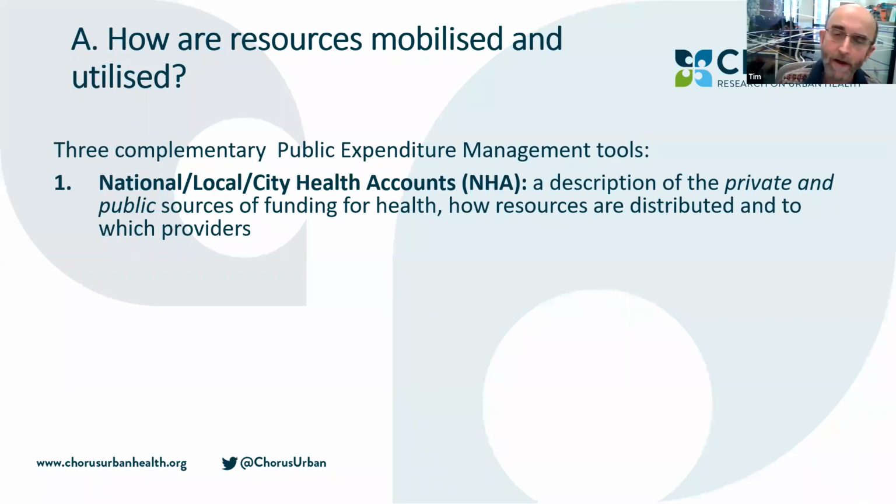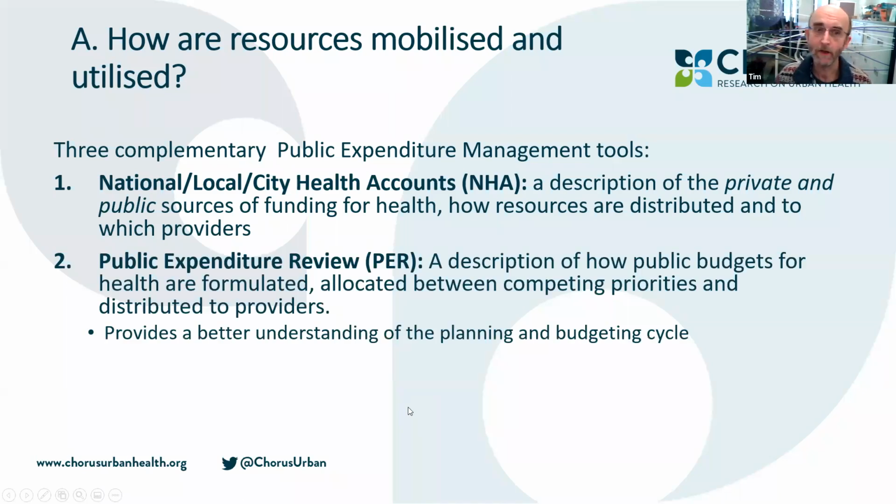I found, and I think we found in Chorus, that the national health accounts can be a useful general typology for understanding what's going on in the public and private sector. So outside of looking only at expenditures, it can be a good way to understand what kind of service provision is available and how to divide that up into public, private, and NGO sources. We've been doing that a bit within Chorus to understand the types of services that are available at the city level.